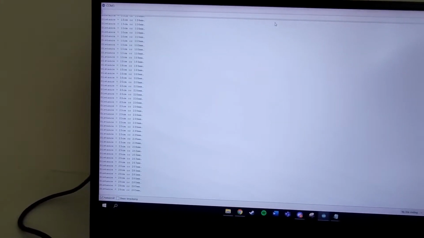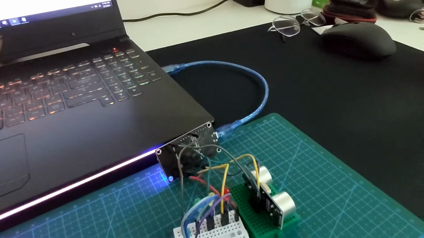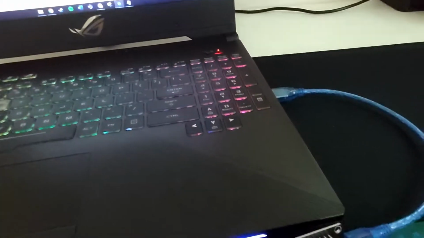Sometimes you would see 1000 plus cm because my hand accidentally moved away. Here you can see it detects the obstacle very quickly and very precisely, right? Because it recalculates the distance every 5 milliseconds.